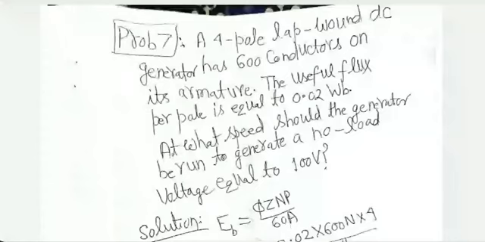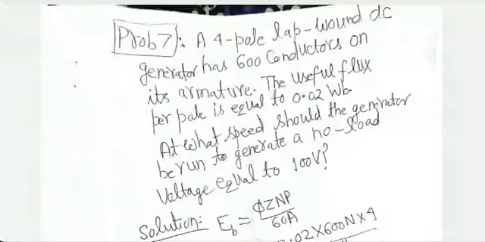So phi is, actually I should have been calling it useful flux per pole rather than flux per pole, but fine. So phi is given as 0.02 Weber. They want you to figure out N when EB is 100 volt. No load voltage is EB always. Number of poles is 4. It's lap-wound machine, so capital A is equal to capital P. In lap-wound case, capital P and capital A cancel out, by the way. You don't need to know the number of poles, but they have given it to us anyway.